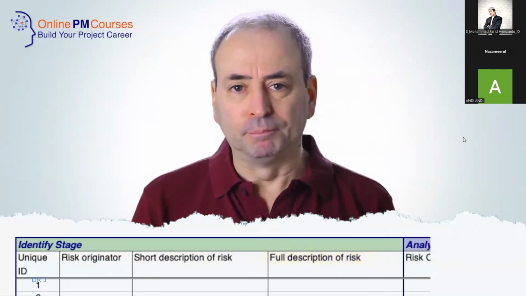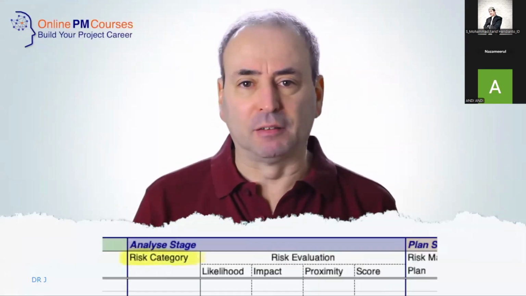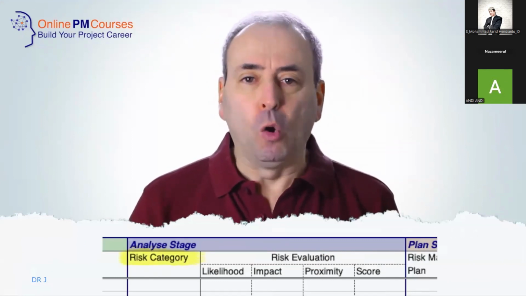The next part of your risk register is about analysing the risks. And the first field you might want in this is some form of risk categorisation. This may be linked to the work streams and work breakdown structure, or it may be linked to a set of standard categories you use in your organisation. For example, political risks, economic risks, social